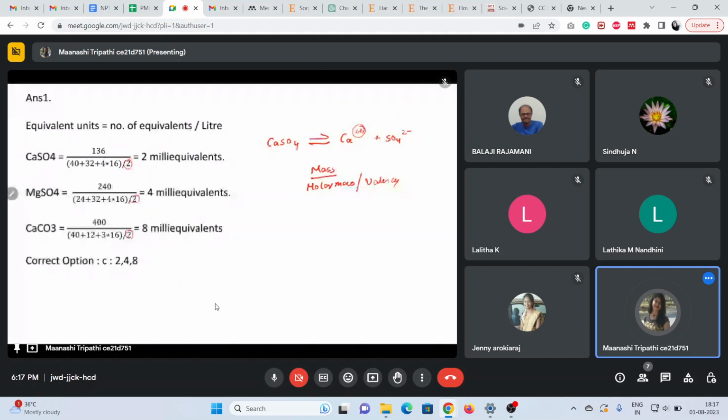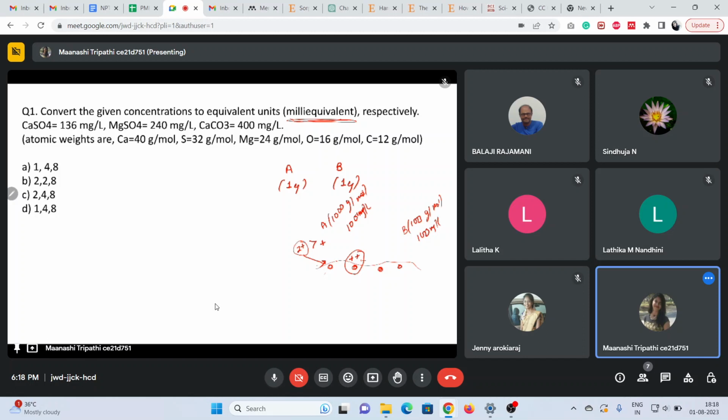This is applicable only when the molar masses are comparable, like 200 and 210. But if there is a huge gap, then this won't be enough to predict which one is going to sit on the adsorption site. That depends upon various factors, and we will learn this in due course. This is just an example: if there is one place, a bigger particle with valency 1 will take it, while smaller particles can go with valency 2. So the one which will be interacting or reacting more is the smaller one. That is why we need to learn equivalent weight, so that we can compare two particles having different valency.